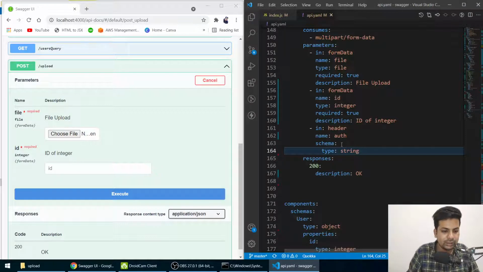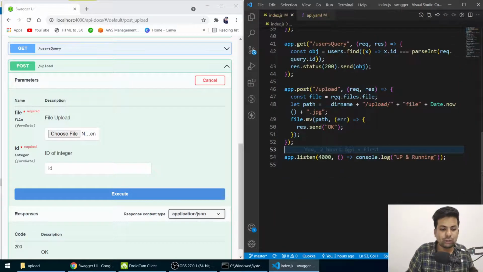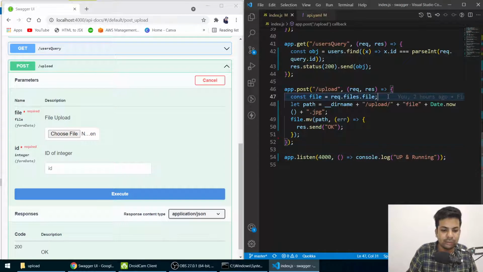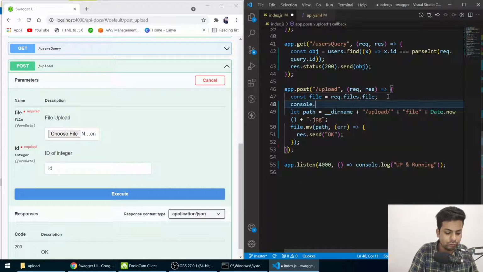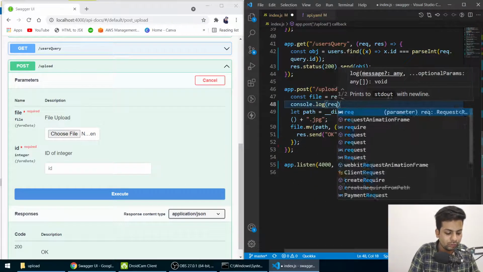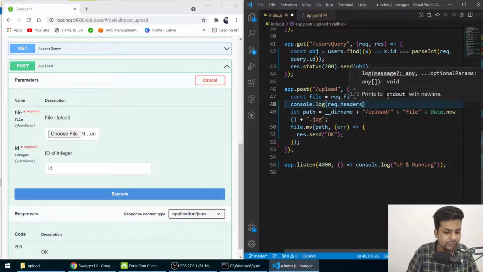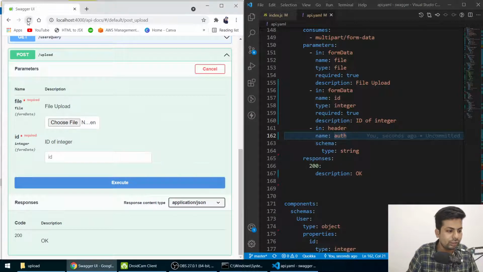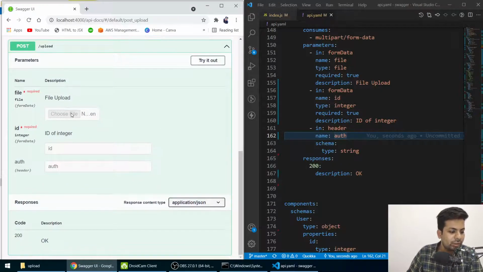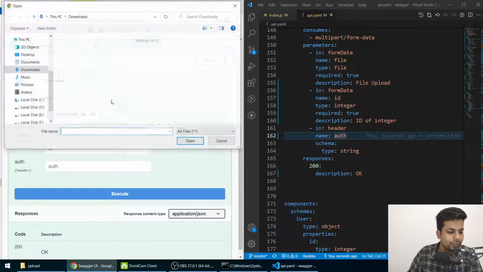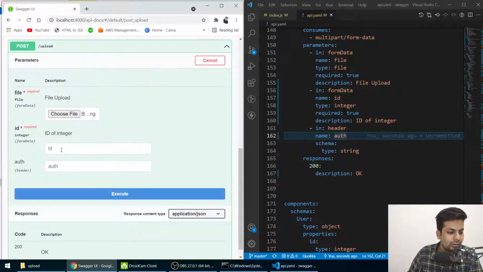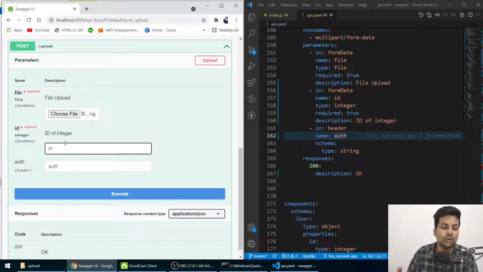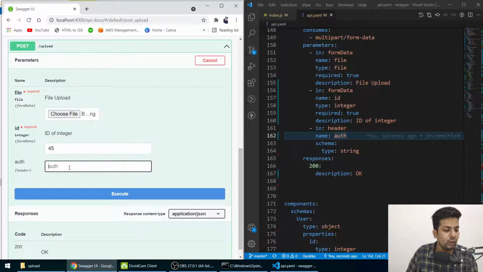If I save it, I have to check whether it's going through or not. So on this side, before this, I'll say console.log(req.headers), it will print the headers. Our header is auth. So if I reload this, choose the file again, id doesn't matter because I'm not doing anything with it in the backend. For auth I will say auth12345.